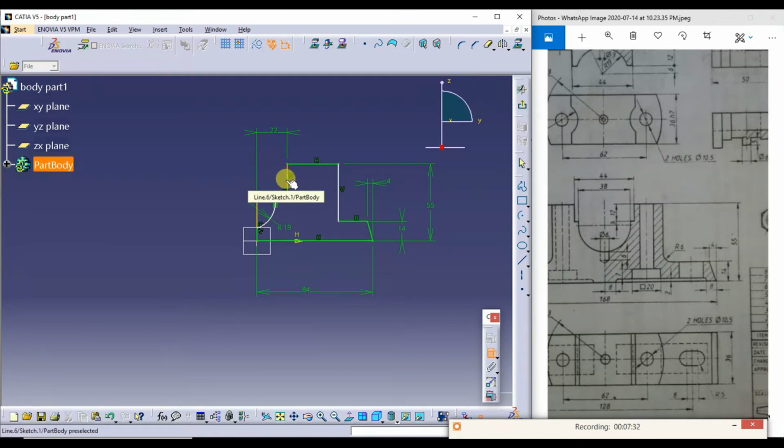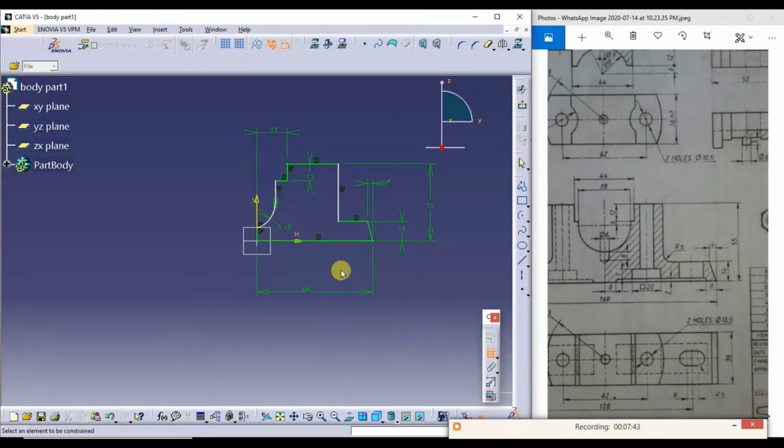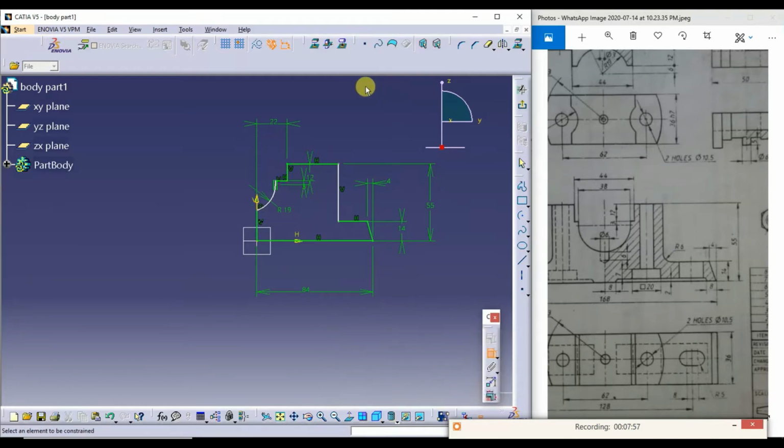Next, this height is 12 here. Next, this is 3. This is 3 now.